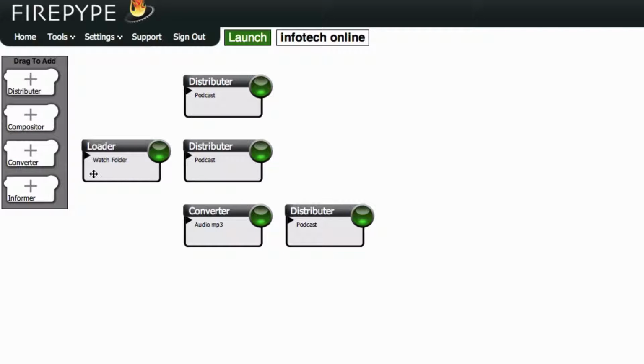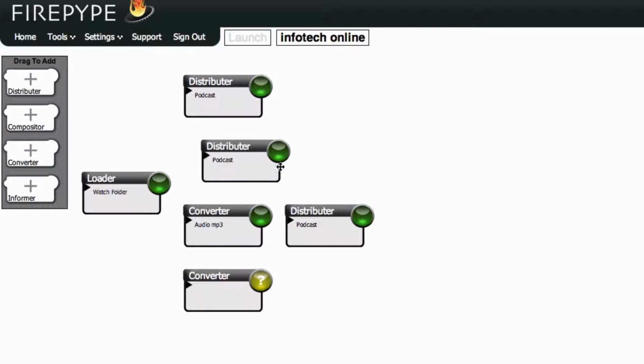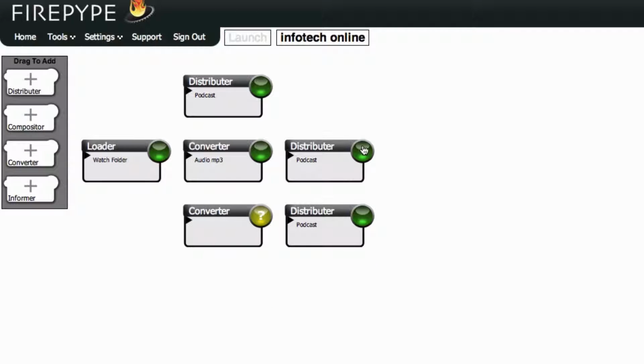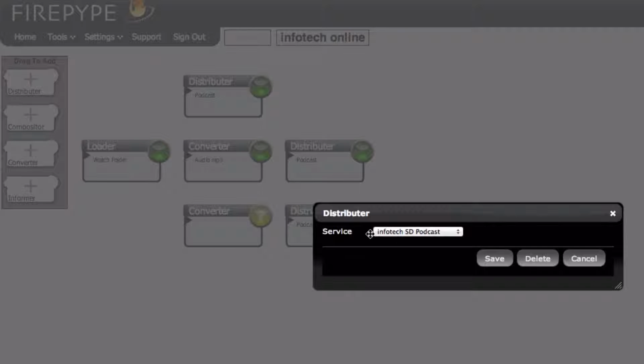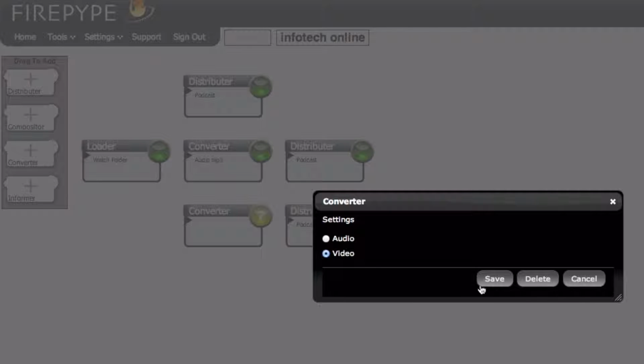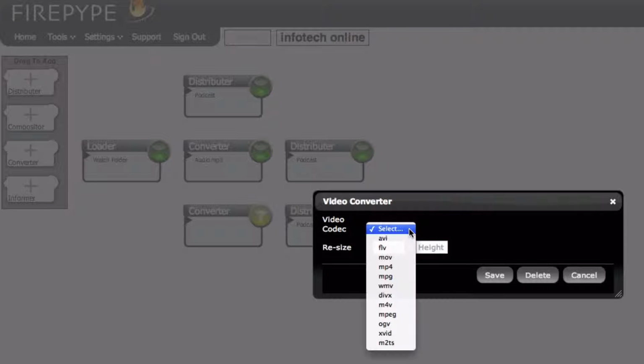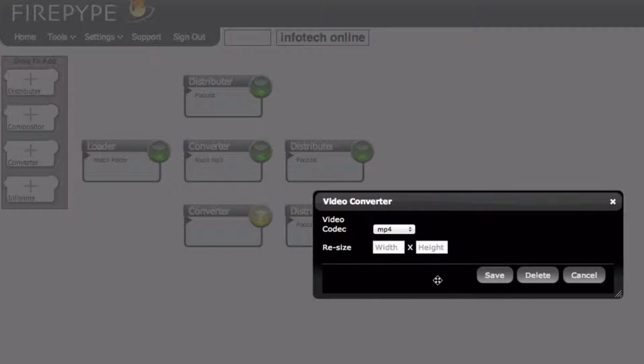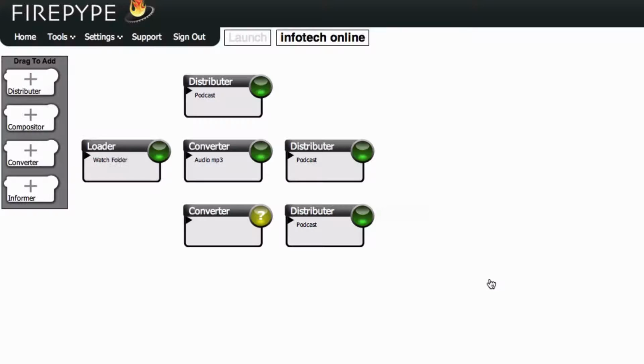So if we assume that the video coming in is HD, we need one more converter here. And we'll drop this guy here. And Infotech SD podcast. So now we need to actually convert some video here. Hit save. And we will use MP4. And we'll drop this down to, this is not HD, but we'll use it anyway, just for,